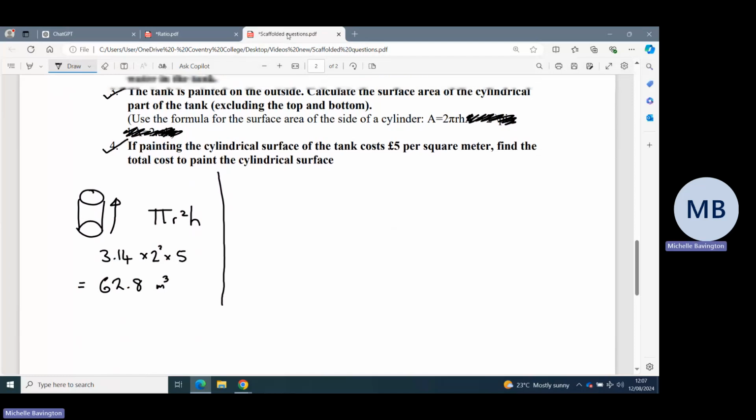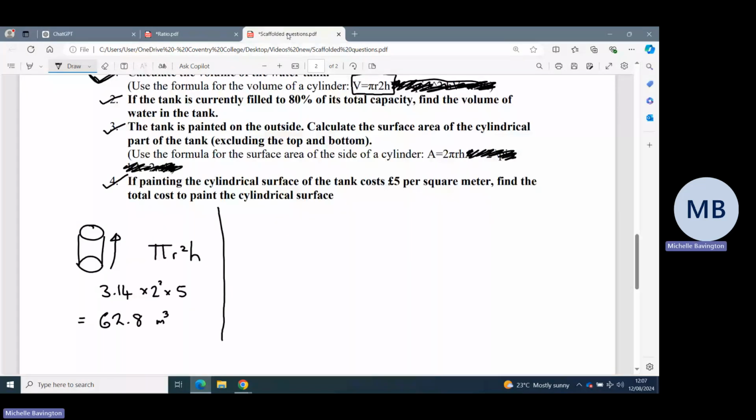Number 2, if the tank is currently filled to 80%, find the volume of the water. 80%. So you could do this on a calculator. I'm going to show you how to do it manually. So I'm going to do 50%, 10%, 10%, and 10%. There's my 80%. So 50% is, let's halve it, 31.4. 10% is 6.28,